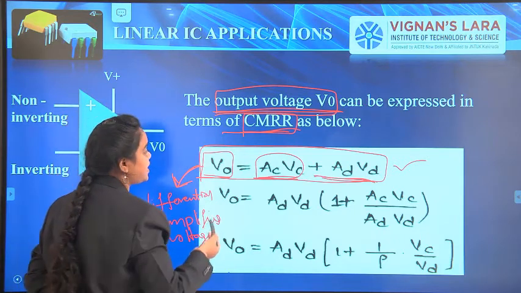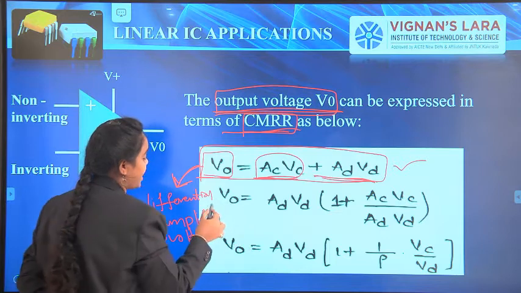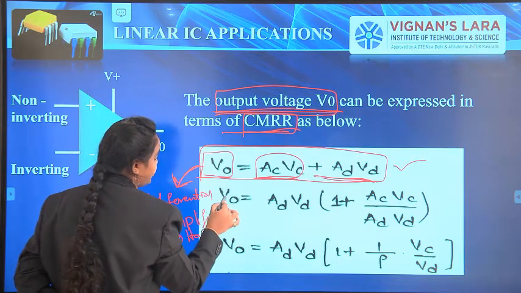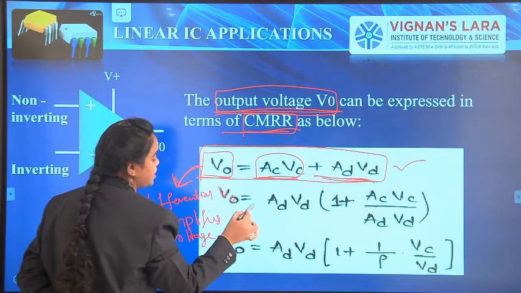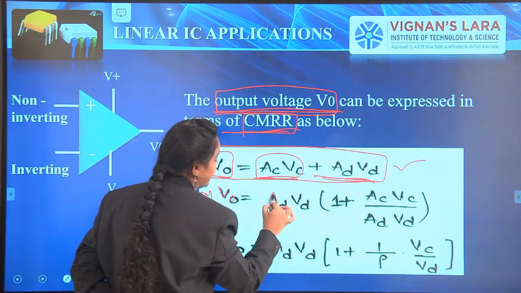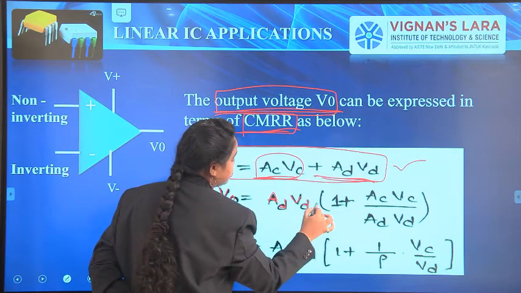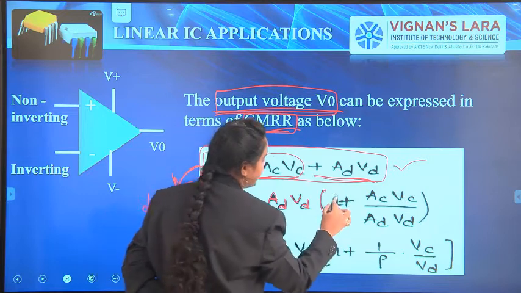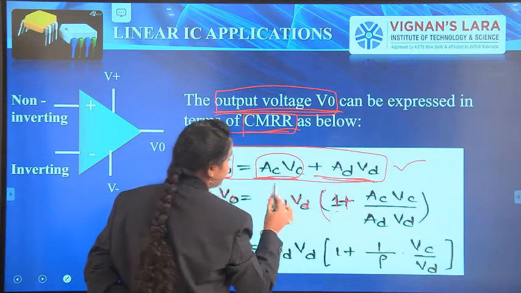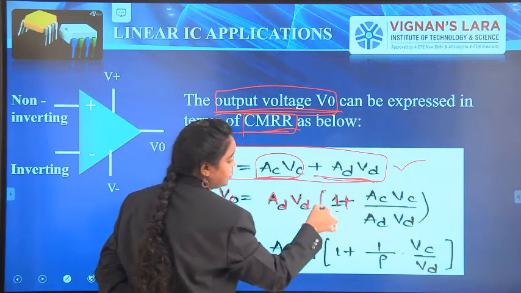In terms of the CMRR, we can also write it like this. From this, V0 equals ADVD times, taking ADVD as common, 1 plus